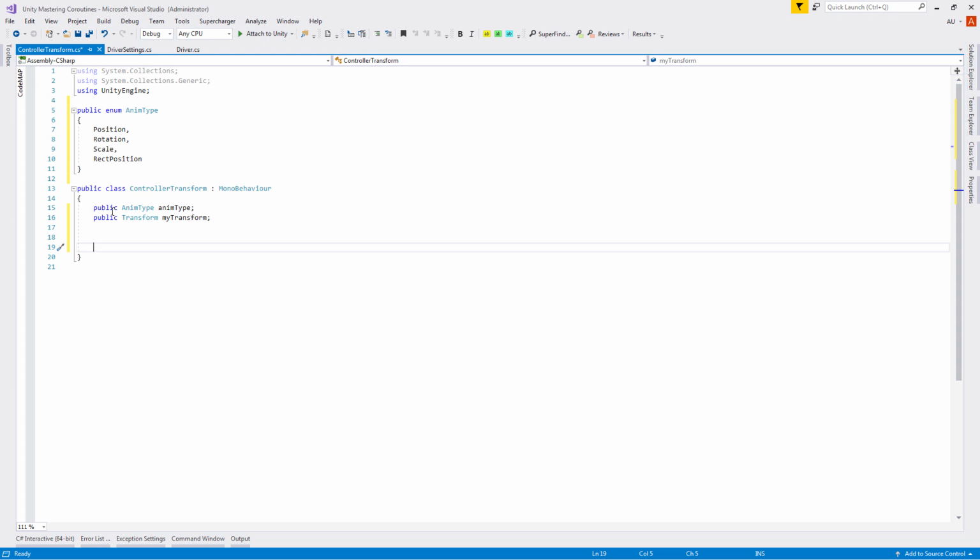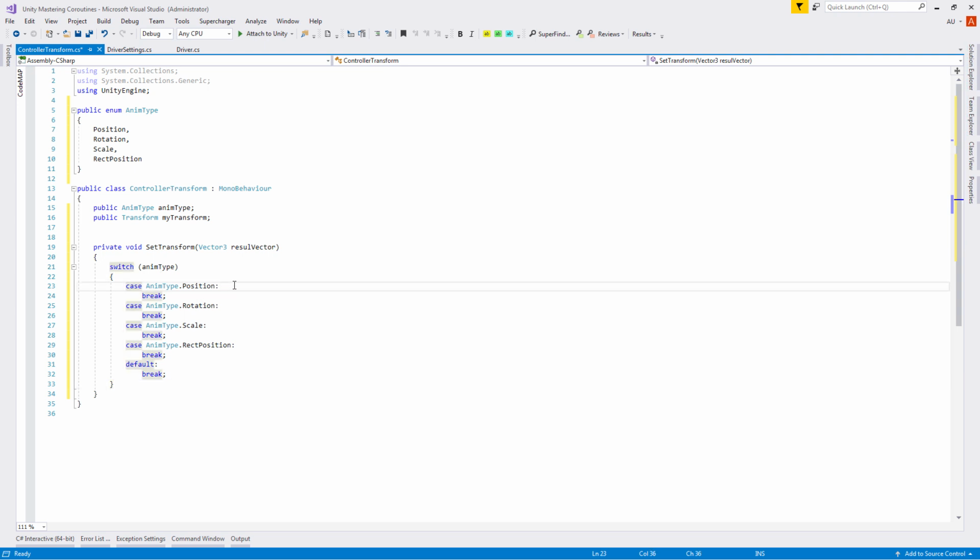Now let's create private method called setTransform with a vector3 parameter called resultVector. Inside, let's create switch by writing switch and double pressing tab key. And we can put the animtype inside it. Press enter and switch will be filled automatically. Now to change animtype position, let's write